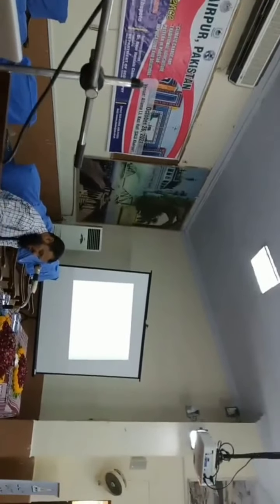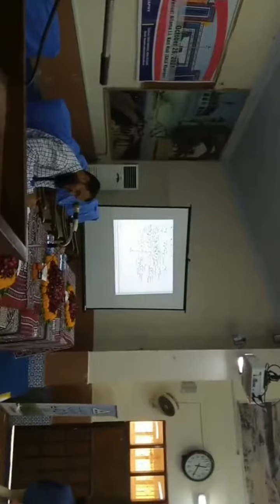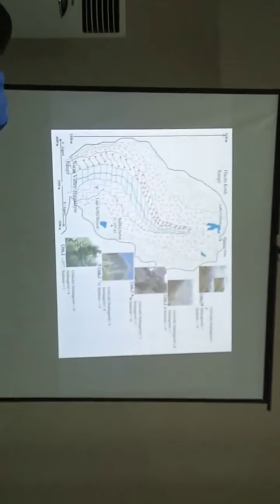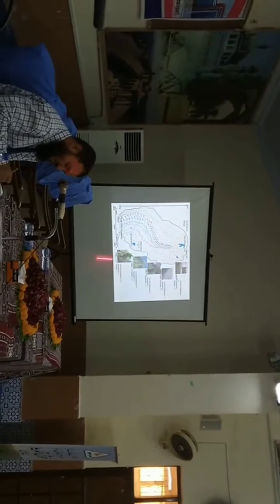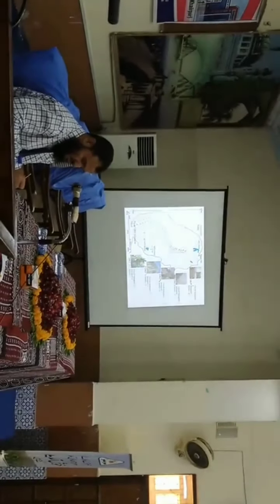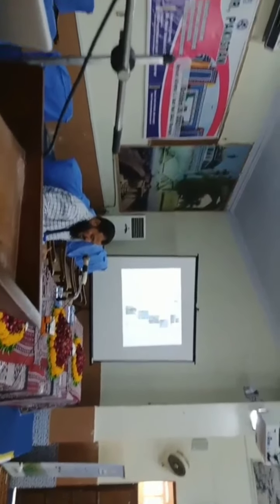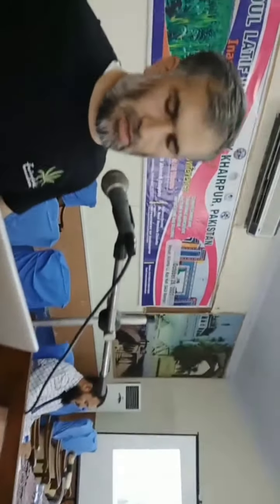And this is one of the case studies from my PhD. This is a slide from Naran Valley. Naran Valley hosts 64 endemic plants out of those 400 from these 3 mountain systems. So this is a sketch of Naran Valley. At the basin of the valley, there are 5 endemics, and some of them are endangered, some of them are critically endangered. Endangered and critically endangered are botanical terms which are used for